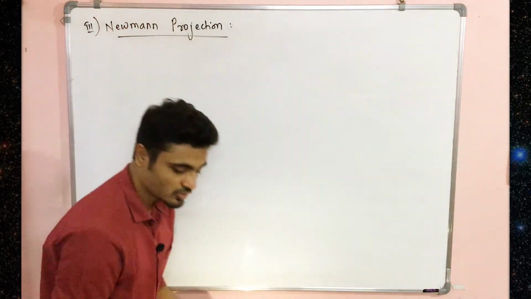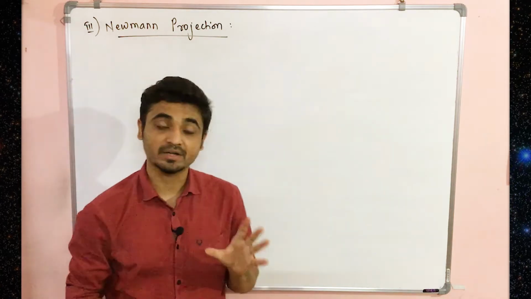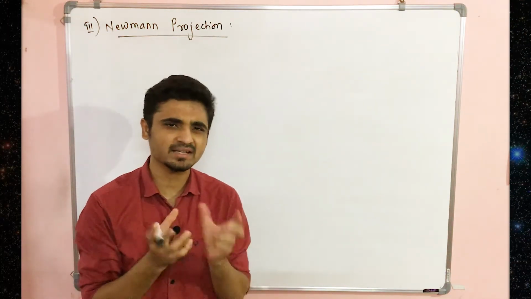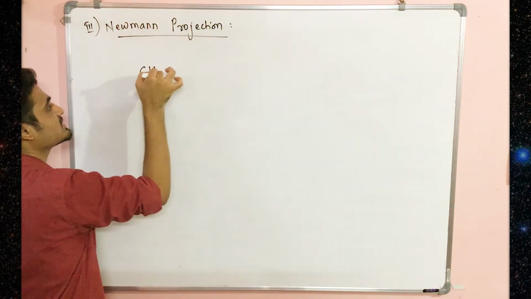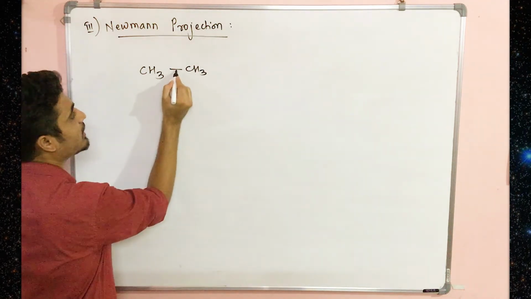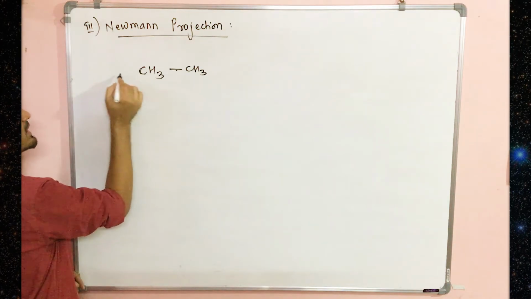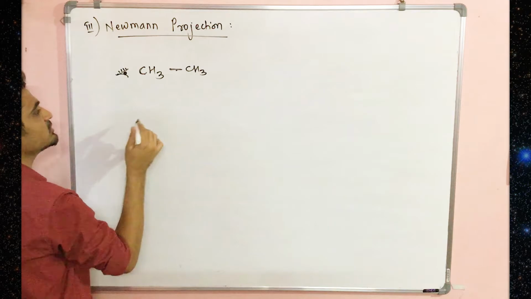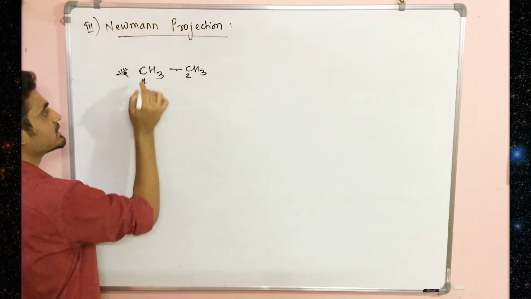Understood? So let me show you on the board how you will write. So there are a few important terms related to this Newman projection. Okay, let's see very briefly what those terms are. So this is the compound. I want to draw the Newman projection about this bond, right? So what I'll be doing, I'll be looking at this carbon atom from this angle, right? Like this. So if I do that, this first carbon atom and this second carbon